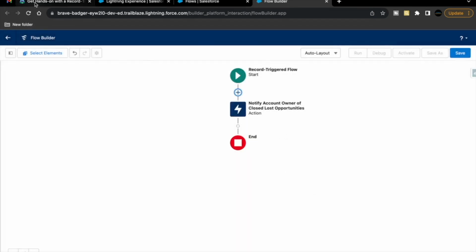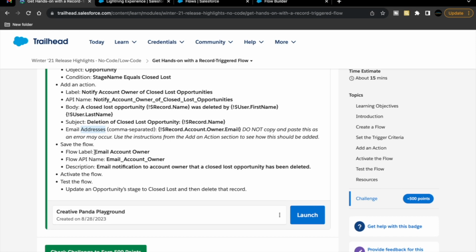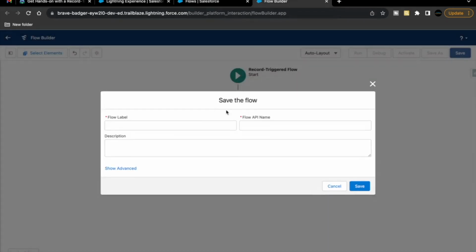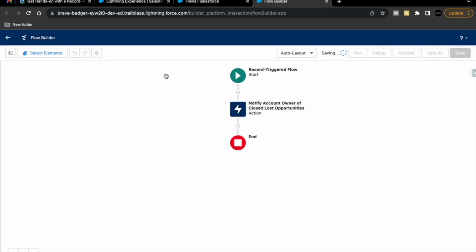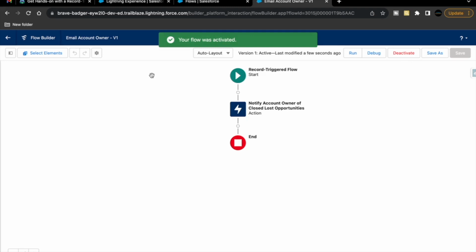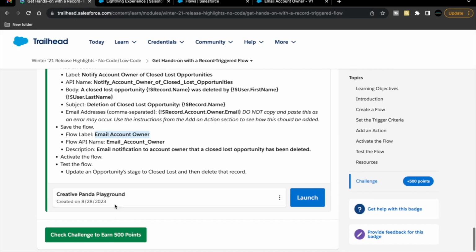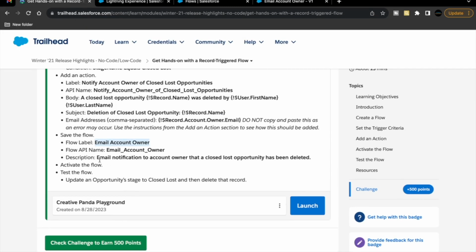Just click on done. The next is we have to copy this flow label, email account owner, go back, save your flow, label it as email account owner, save this again. Now we are going to activate this flow. Now the last thing that we have to do is, okay, so we forgot to place this